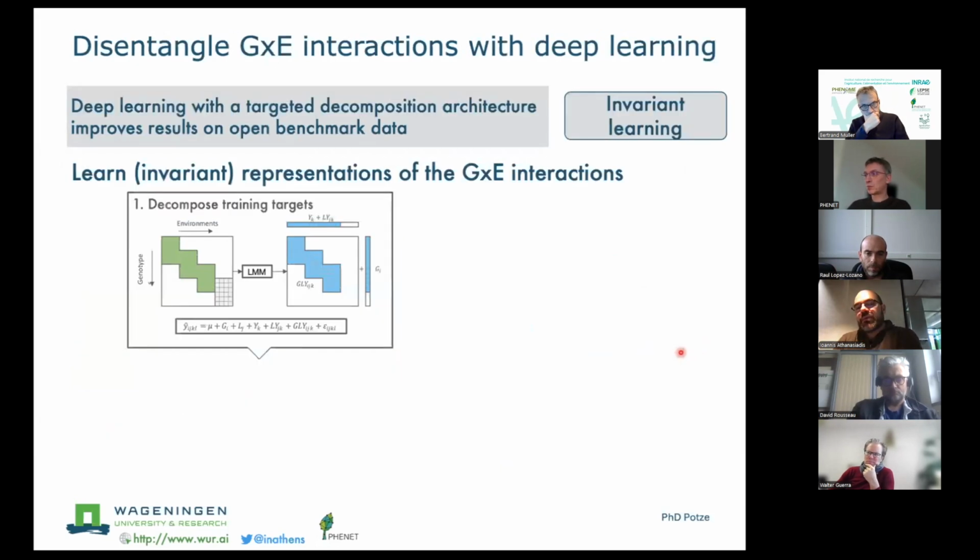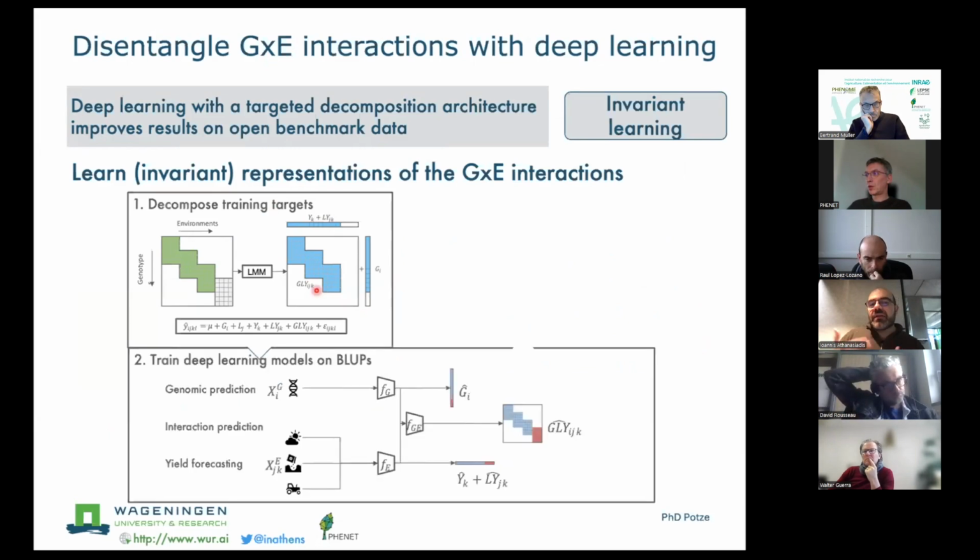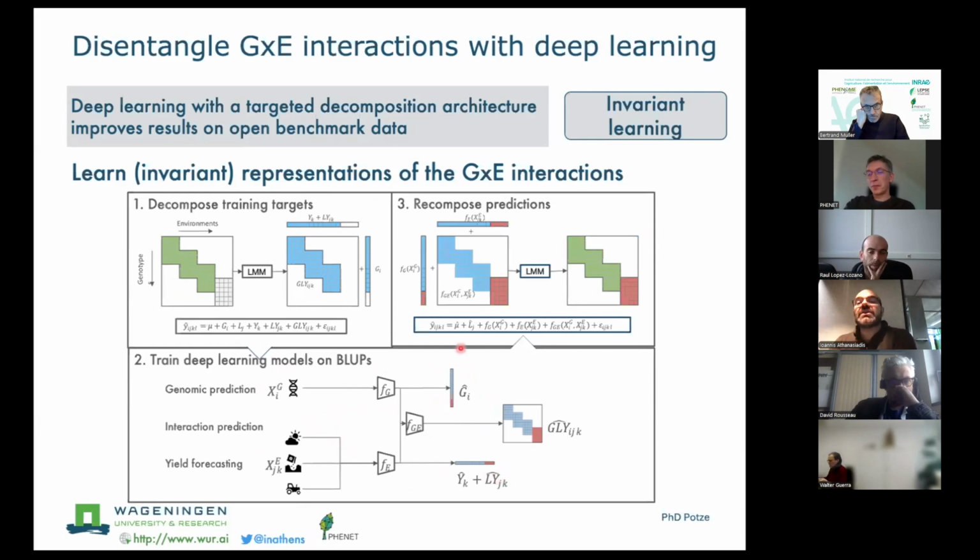And this is exactly what we did with Eike Potze, a PhD student of mine here in Wageningen, to build a deep learning model that is able to first disentangle these targets, and we do that with a linear mixed model, and then train a deep learning model on these blobs that is able to do a genomic prediction task, a yield forecasting task, and then based on those, learn also an interaction about the G/E residuals. And once these three components are learned, then we can recompose the predictions and make predictions in new genotypes, but